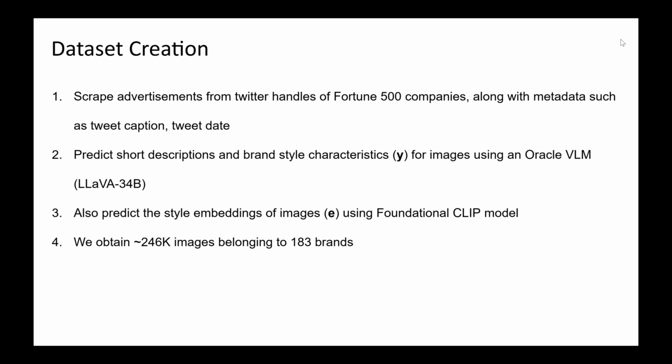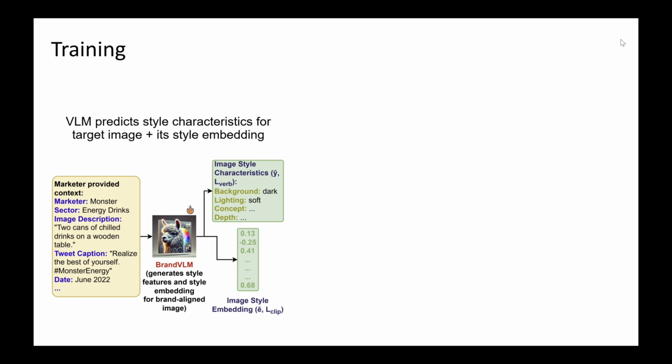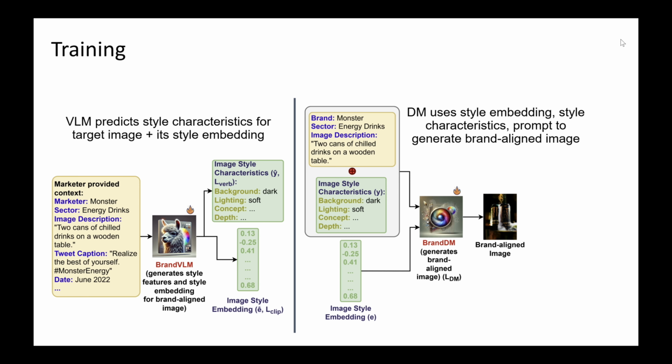To create such a model, first, we collect a dataset of brand advertisements along with their brand characteristics by scraping images from the Twitter handles of several Fortune 500 companies. Next, the training of BrandFusion is performed in two stages. First, a BrandVLM is tuned to predict the image's style characteristics and its CLIP embedding based upon the context input. Then, a BrandDM, that is, a diffusion model, uses the style characteristics and CLIP embedding along with the image description